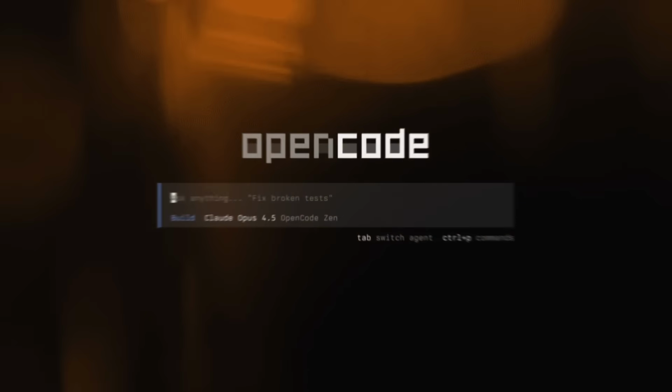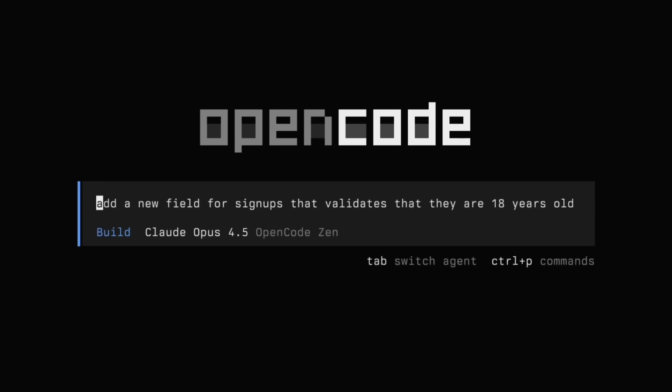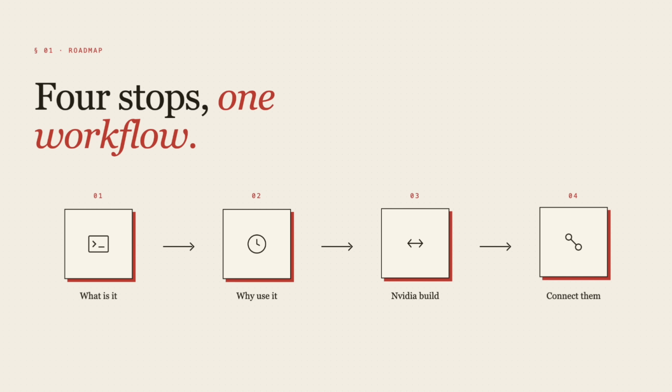So I have been looking at OpenCode more seriously this week, and I think this is one of the best free coding setups you can put together right now if you pair it with NVIDIA Build. I want to walk through what OpenCode actually is, why developers keep moving to it, then go through the model catalog over at NVIDIA Build, talk about a few specific models worth trying, and finally connect the two and build